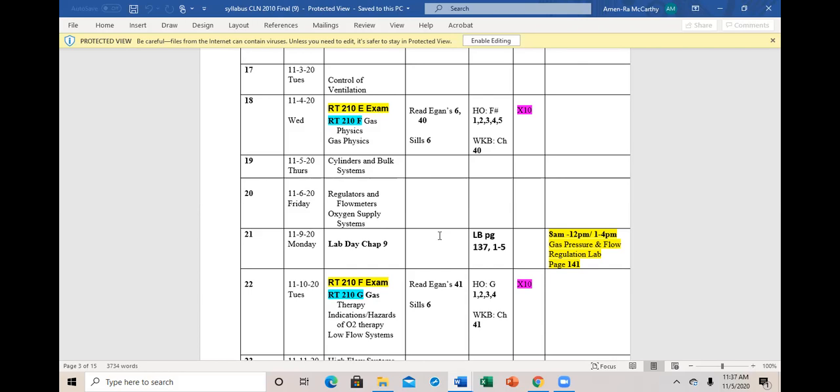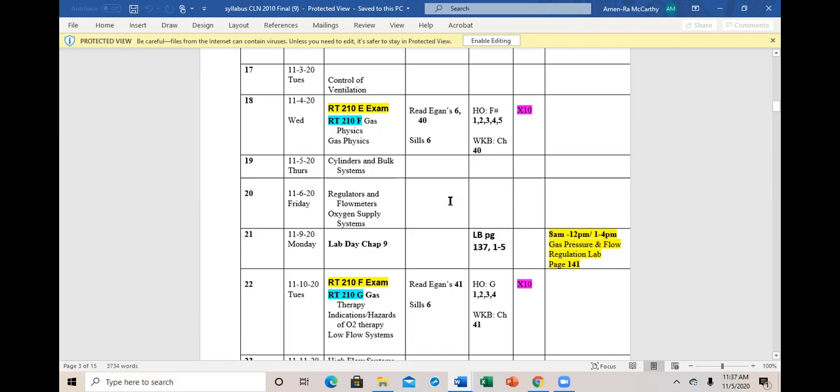So we're going to have 2 sessions, 8 a.m. to 12, and then one from 1 to 4 on Monday, okay? When you come in on Monday, make sure you have the lab book page 137, questions 1 through 5 ready in your hand. You don't have to turn in your book as long as I see it in your book. That's the red lab book, page 137, numbers 1 through 5. You don't have to have it tomorrow, but have it on Monday. You must have it in your hand when you come to lab.